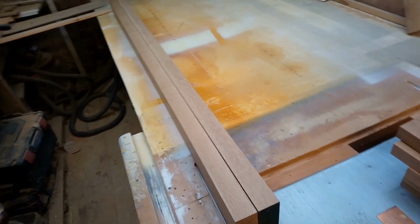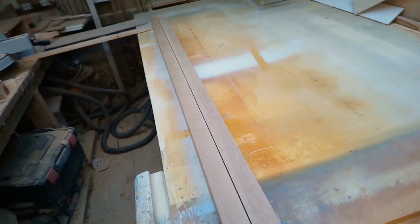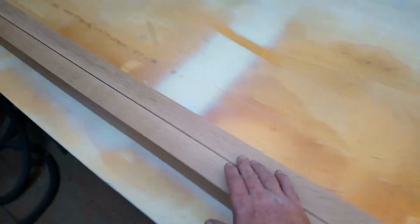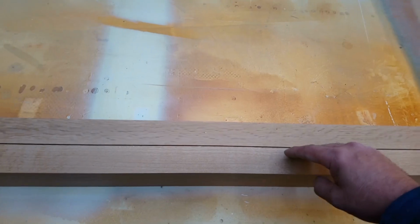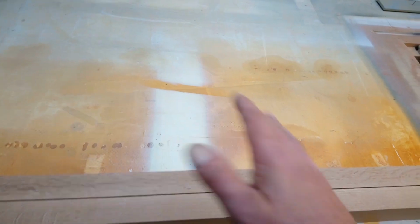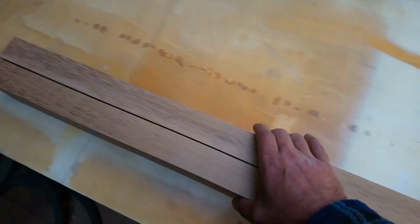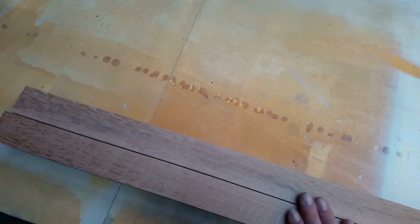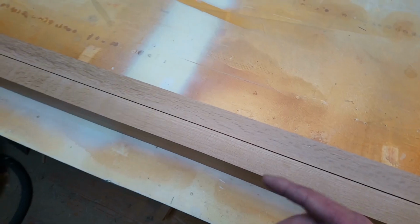Right, all the timber for the door is planed, and normally if one of these had a slight bend in it, I'd try and match this one and then keep that bend the same way for the door so that it doesn't end up twisted. But these are pretty parallel to each other, and I've turned them over, they're exactly the same, so